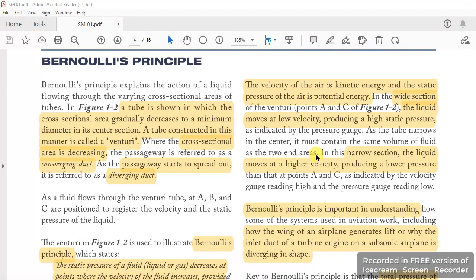Now next we talk about Bernoulli's principle, which is almost the governing principle in aviation in terms of the aerofoil theory or anything, generation of lift, and in the engine also it is there. Okay, so Bernoulli was a scientist who said that